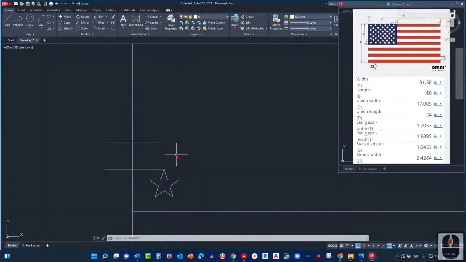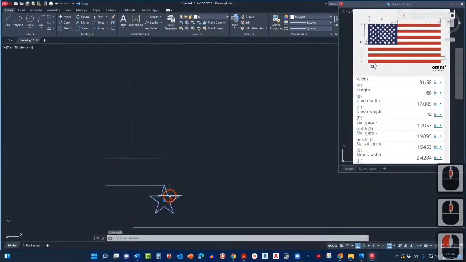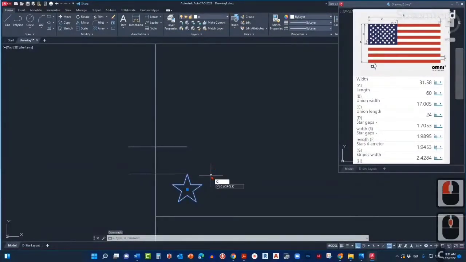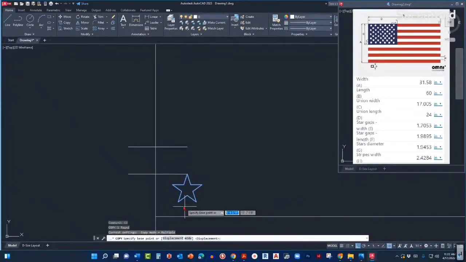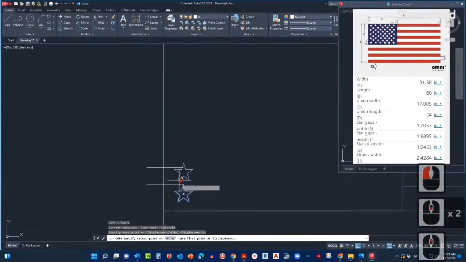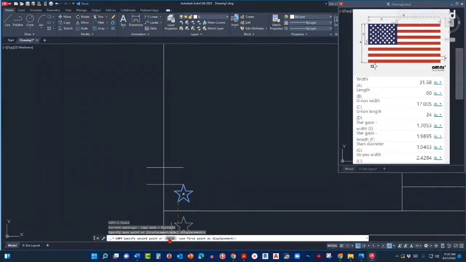So okay, now let's copy this using the CO copy command, and then press enter. At this point I want to copy this, clicking over here, and then we're gonna use this option called